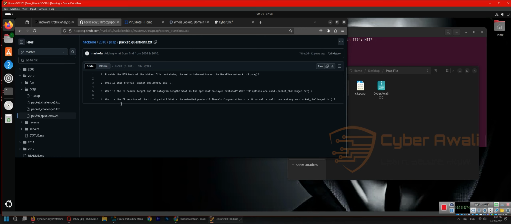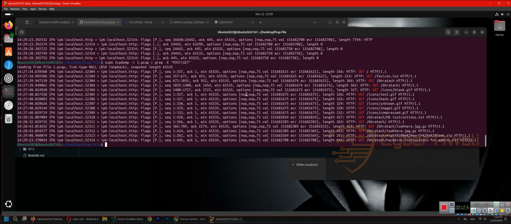And the third question is what's the IP header length. If the guy is using IPv4, it's fixed at 20, and if he's using IPv6, it's 40. But we have to know what the IP datagram length is. And how we can do this is I'm going to clear out the grep, and after that I'm going to put verbose, a double verbose, and also